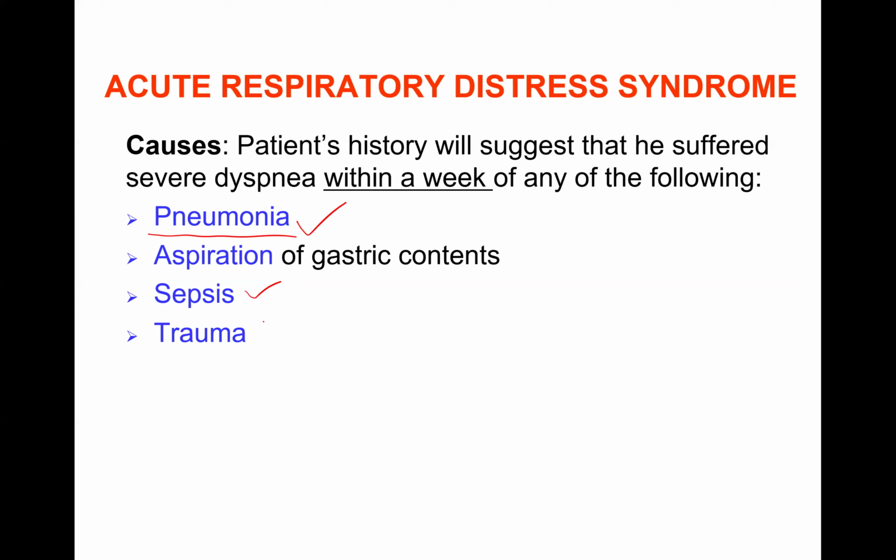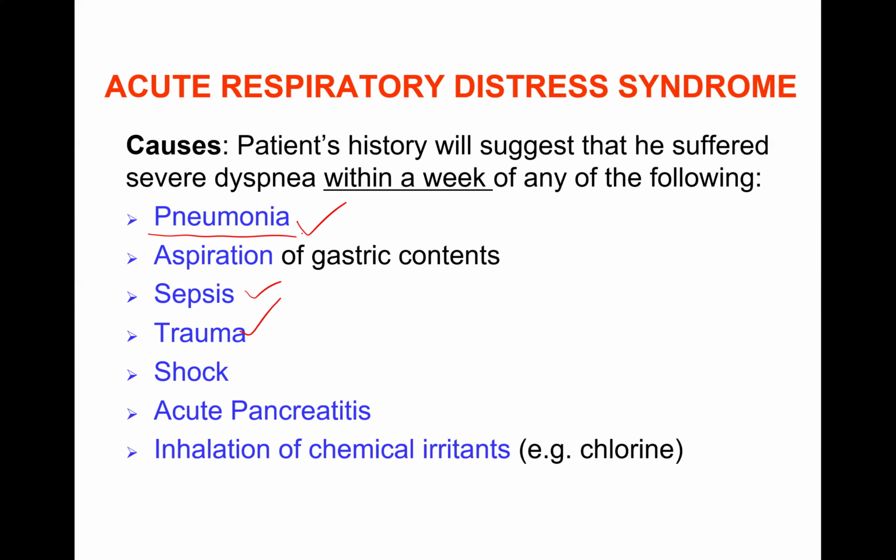Neutrophils get activated and infiltrate into the lungs, right? So traumas, shock, acute pancreatitis, inhalation of chemical irritants like chlorine, direct damage to the lungs, acute inflammation, oxygen toxicity,